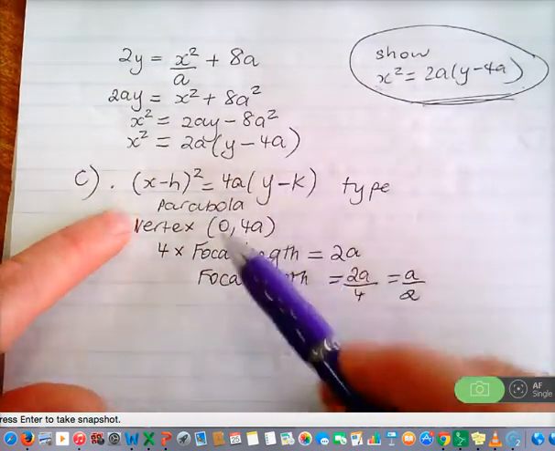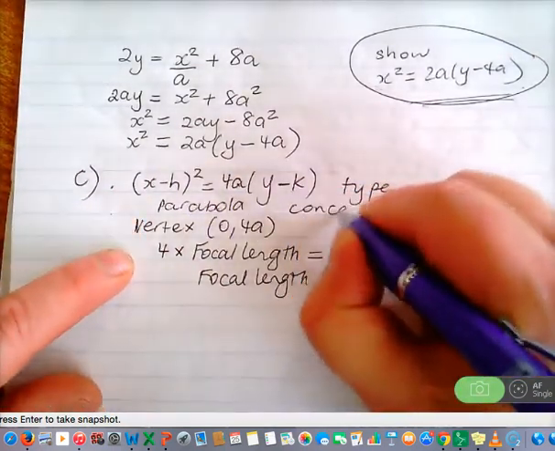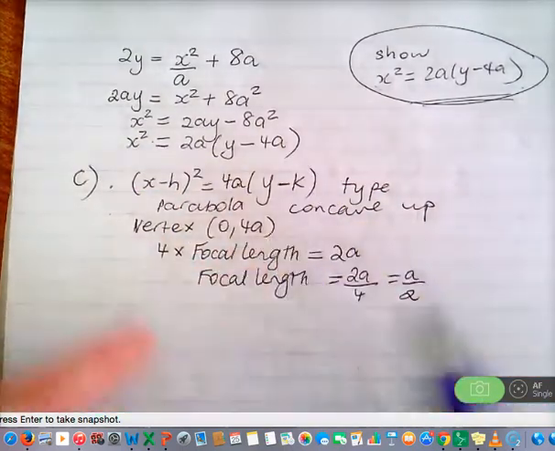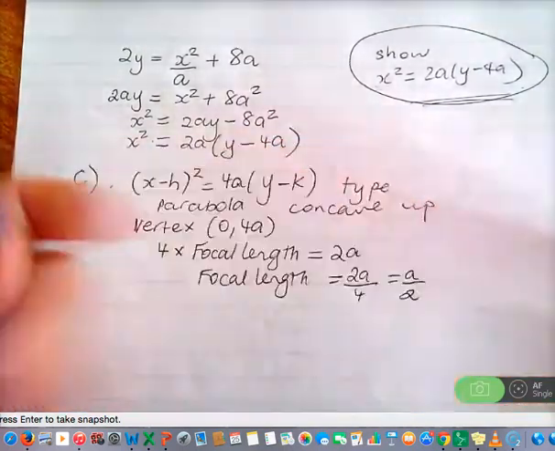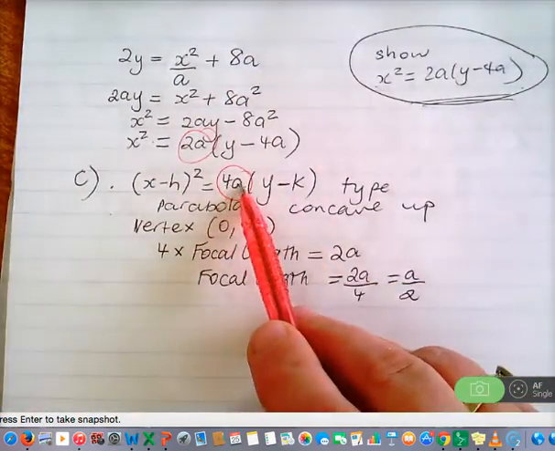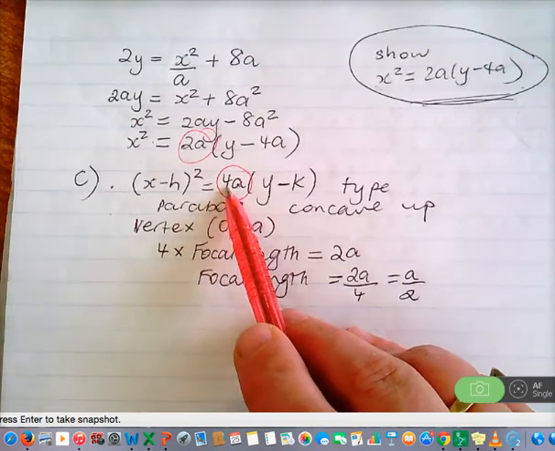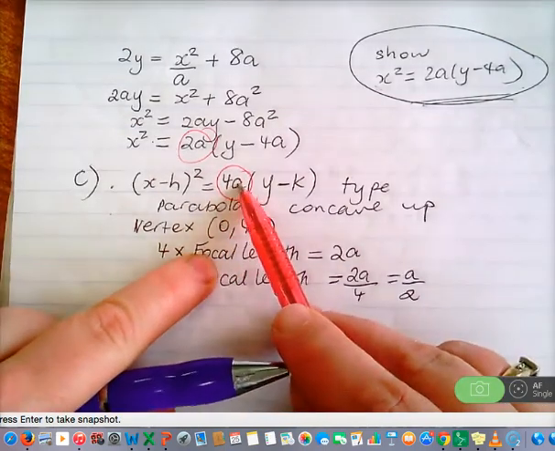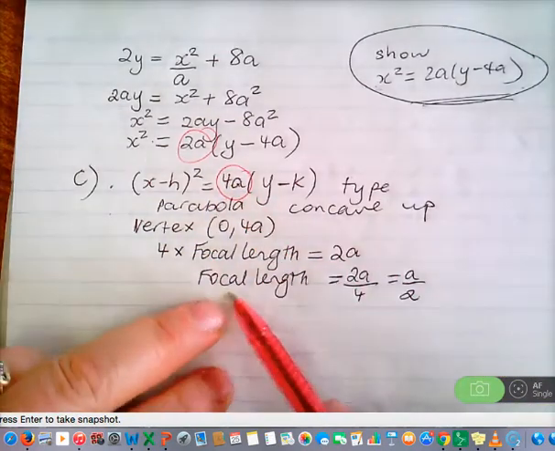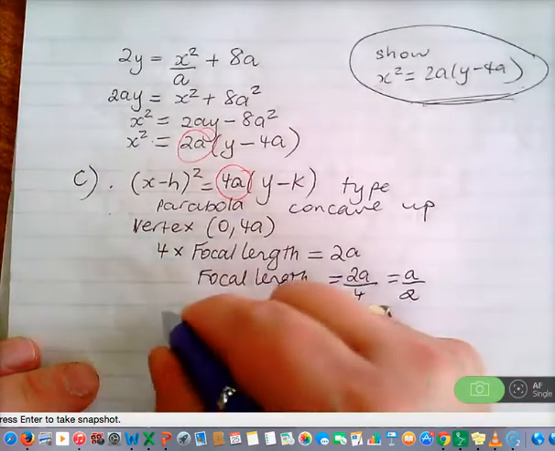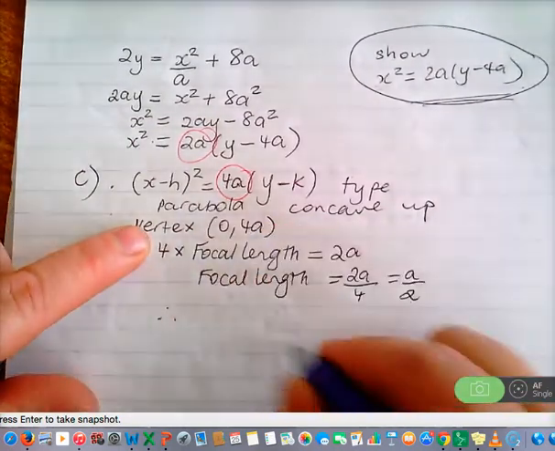This is a parabola, concave up, vertex 0, 4A. Now, we're trying to equate this with that. Now we know that 4 times A means 4 times the focal length. This is how I do it. I go 4 times the focal length, because A is the focal length, equals 2A. So the focal length is A on 2. So therefore, your parabola has vertex 0,